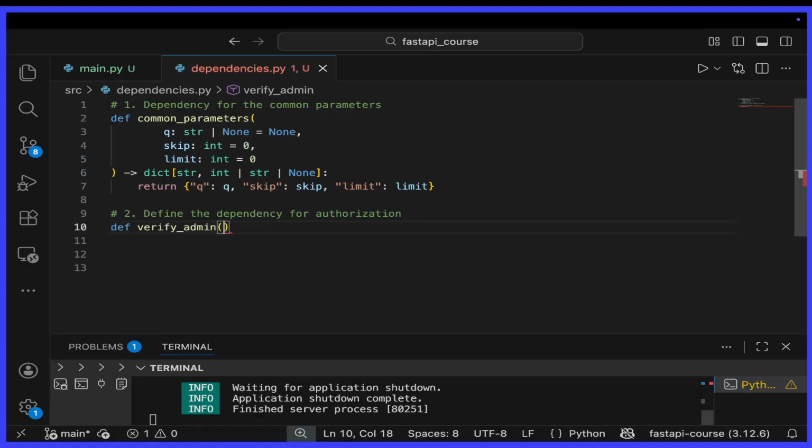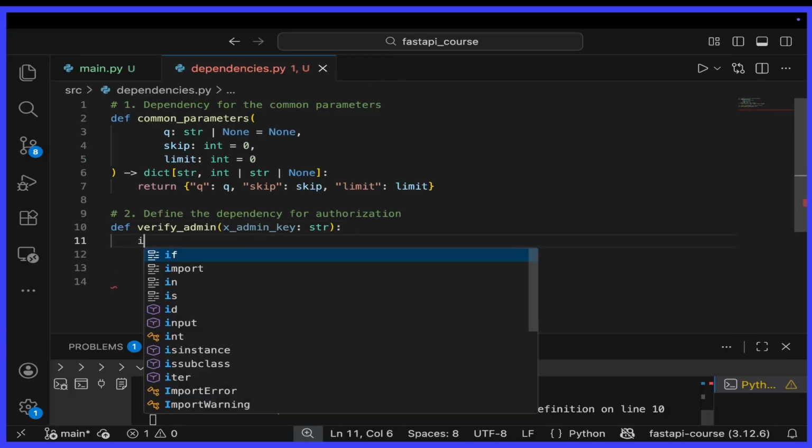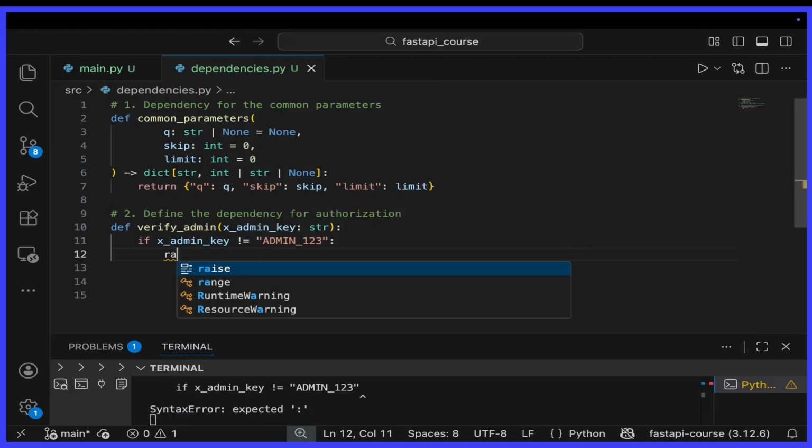This function would expect to have an admin key. I'll call it x_admin_key, and this will be a string. Then we shall check that if this admin key is not equal to admin_123, we then raise an